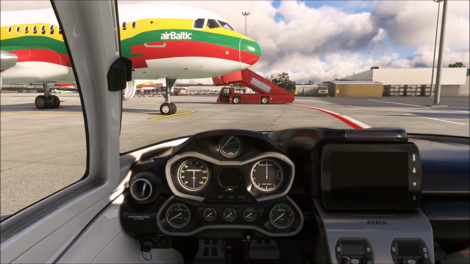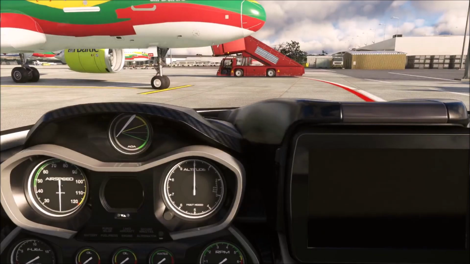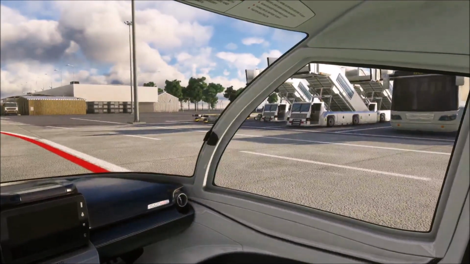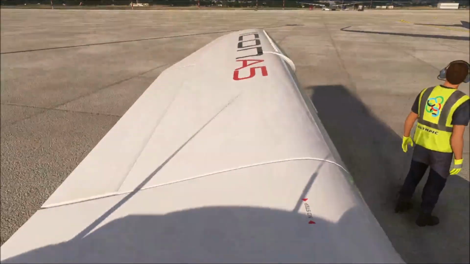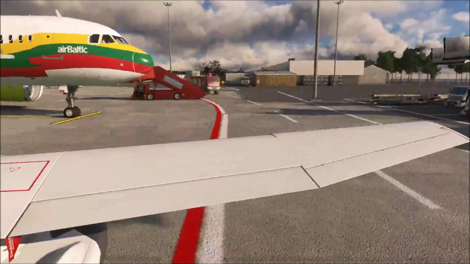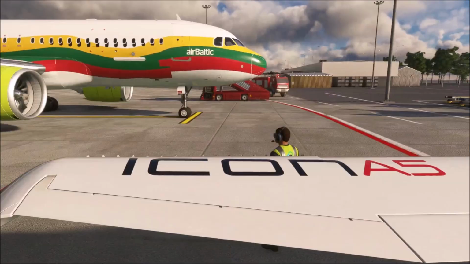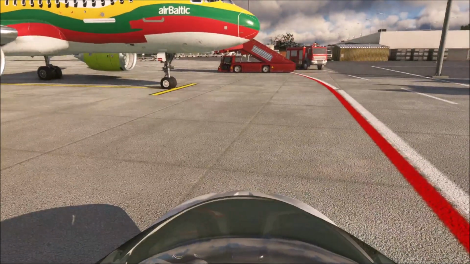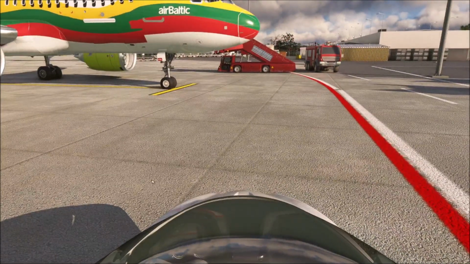So, in this tutorial, I will show you how to use your Icon A5 as a car. And first of all, of course, you must have the proper setting of the cameras. I mean, if we have a look here, we see the default cameras. Okay. And actually, this is the camera that we need,